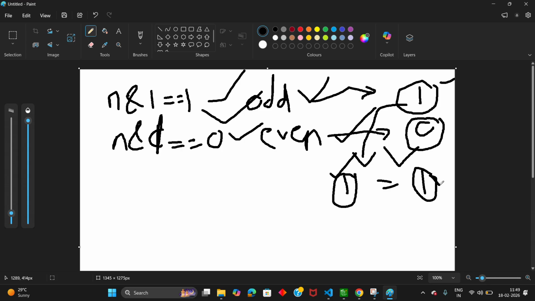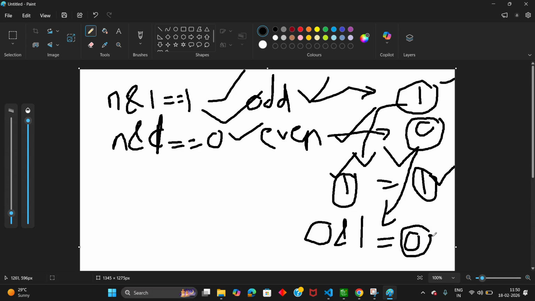That is the condition for an odd number. Similarly, all even numbers have the LSB as 0, so 0 AND 1 is obviously 0. Whenever you get 0, it is treated as an even number, and whenever you get 1, it is treated as an odd number.